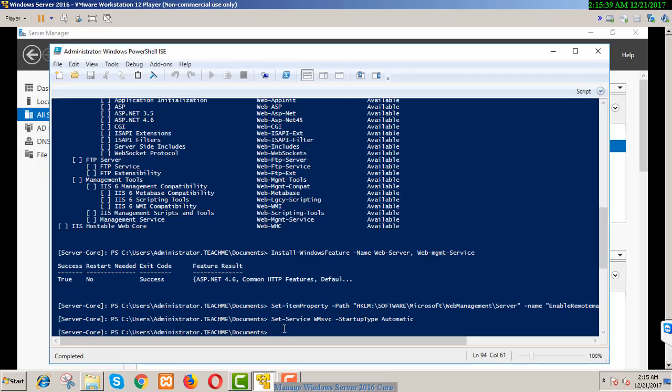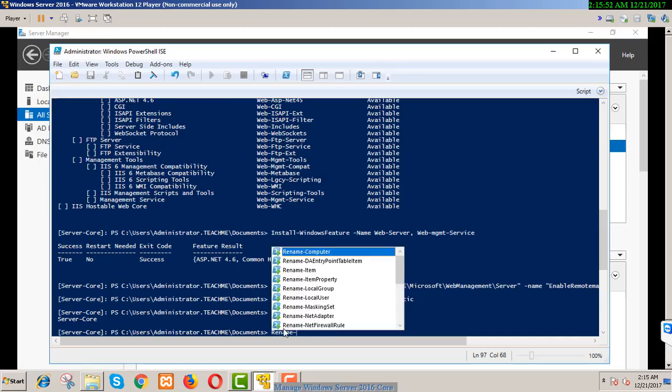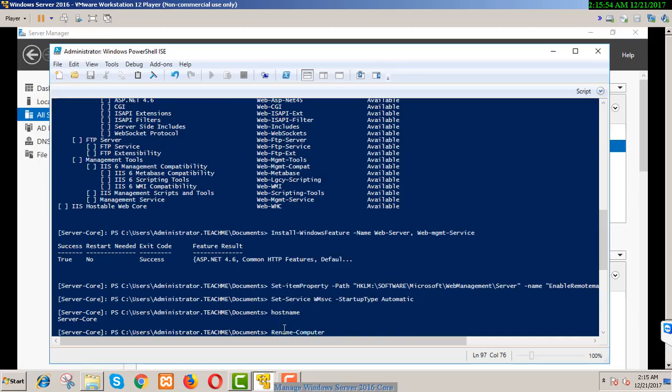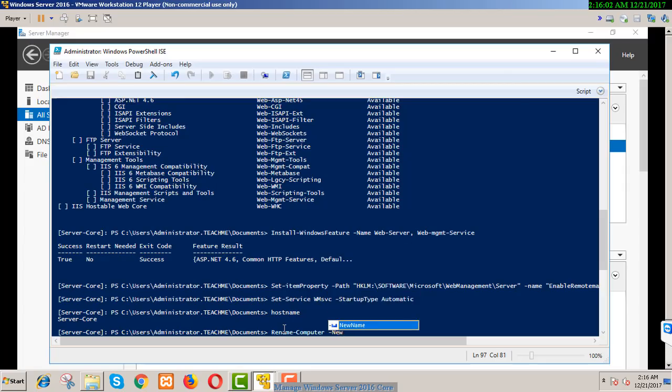okay, so let's check what is the name of the server. It's server core, so we will make it TeachMeWeb. So to rename, the command is Rename-Computer, give a new name, new name, TeachMeWeb,